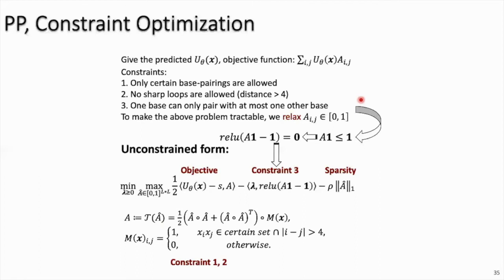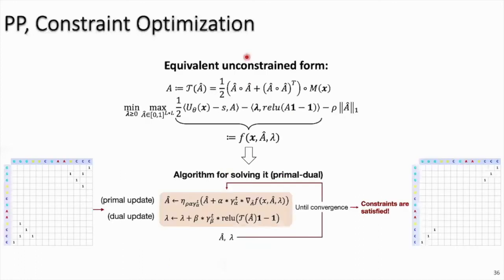So this is an intractable constraint. To make the problem tractable, we relax it as the summation of each row should be at most 1, which is an inequality constraint. We use ReLU to convert this inequality constraint into the equality constraint, which can be further incorporated into the final objective function with the Lagrangian multiplier. So eventually, we will obtain this unconstrained form. And with this equivalent unconstrained optimization problem, we can use the gradient algorithm to resolve it efficiently.